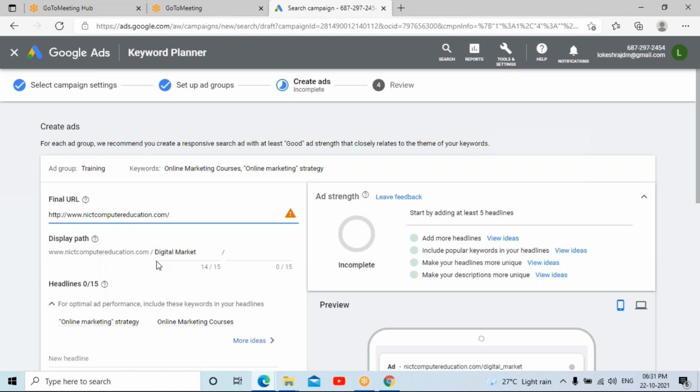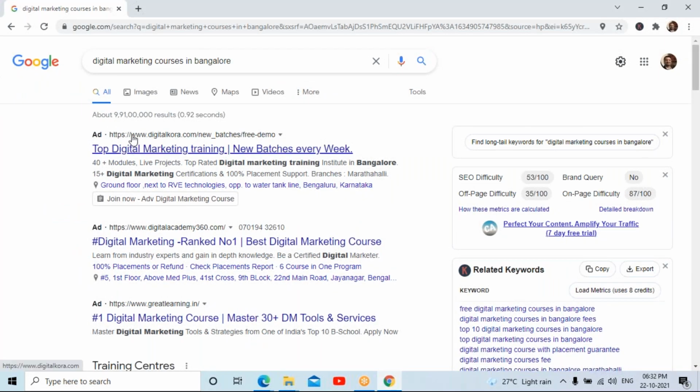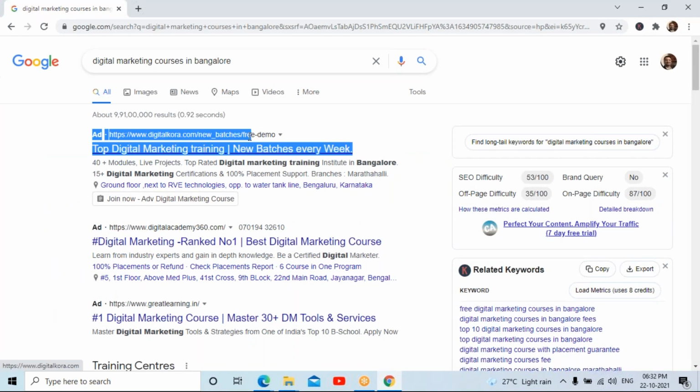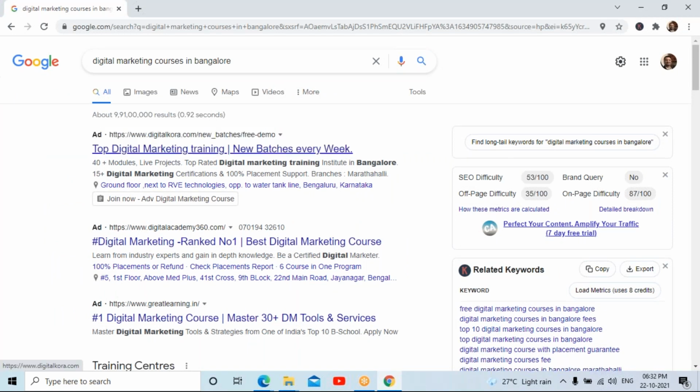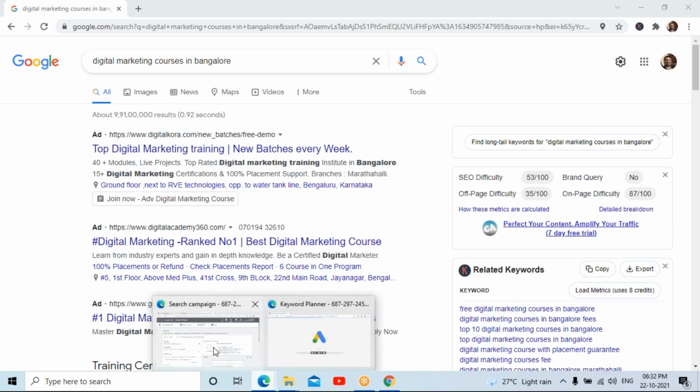The website address has not been identified because this is not the email ID which I have linked to my website, so it is not recognizing. No worries. If you have your own website, you can give that link exactly where it has to be linked with your advertisement. You might have seen this on an advertisement, this is the link you are going to show.